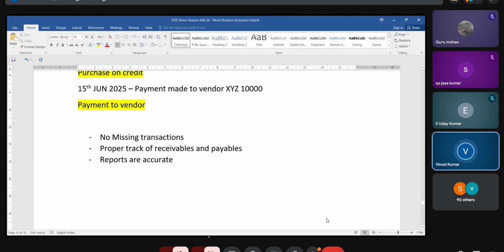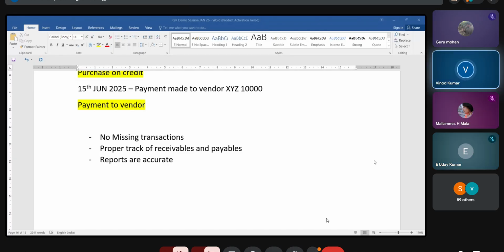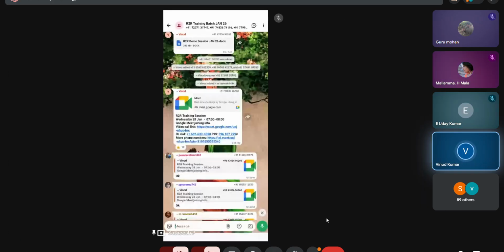Fine, guys. So let's start today's session. In the previous session, we discussed various components and concepts of accounting. So today, let's